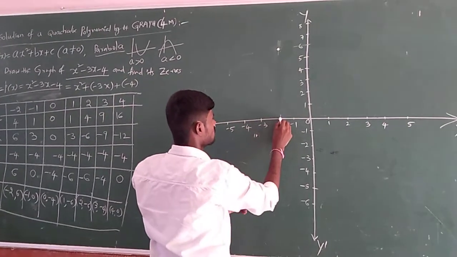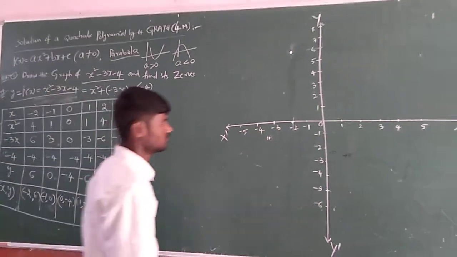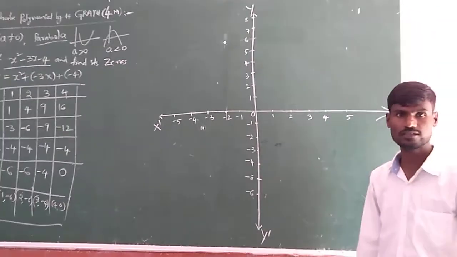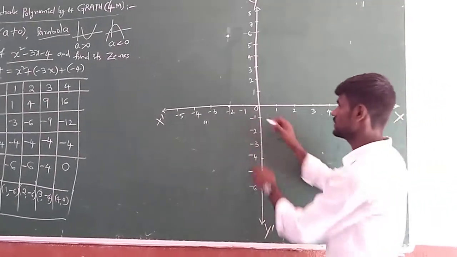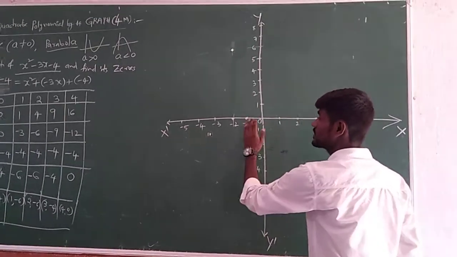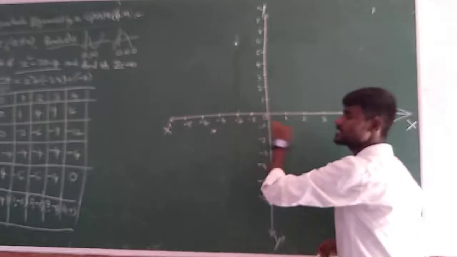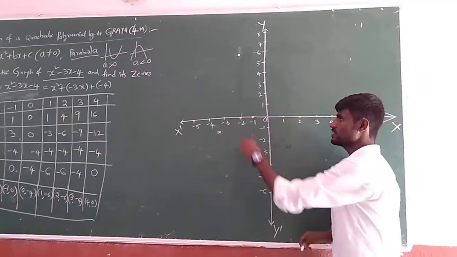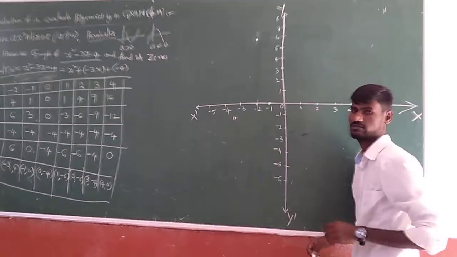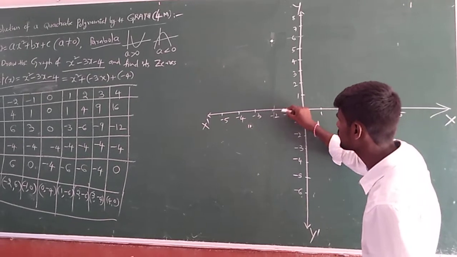Now see, the next point is minus 1 comma 0. Minus 1 is on the x-axis, this line you get. But 0 on the y-axis, you won't get on the y-axis, but on the x-axis itself. That means y coordinate is 0 on the x-axis, and x coordinate is 0 on the y-axis. That is the point you have to remember. So the next point is this one, minus 1 comma 0.